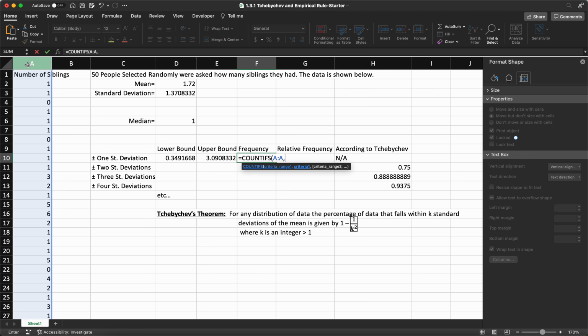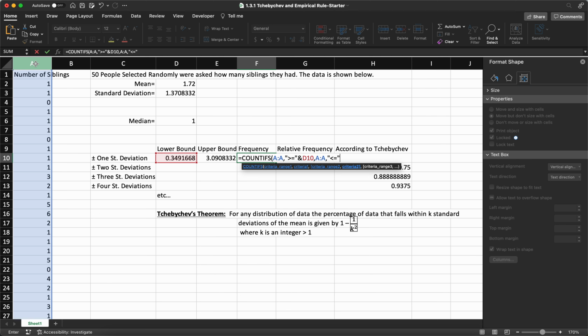So now it says find criteria 1. So my criteria is going to be in quotes. I'm looking for all the data in data set A that are greater than or equal to, end quotes, and, so that's shift 7, this value. So what I just wrote there in very cumbersome, not intuitive syntax is look through the data that's the number of siblings and find all the ones that are bigger than 0.349. But simultaneously, we want to find in the same data set A all the values that are also less